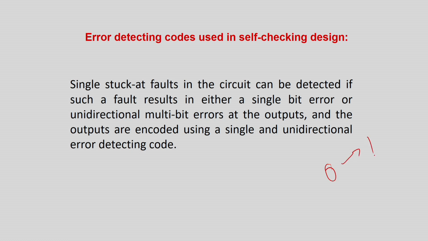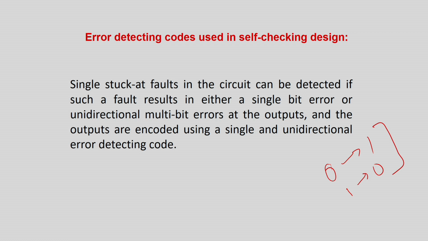But then we found out that parity is not a very good way of handling online testing, because parity only checks for a 1 bit error, or an odd number of errors in the output. The main problem is that if there is an even number of errors or bidirectional errors, where bidirectional means one line goes from 0 to 1 and another goes from 1 to 0, or if an even number of bits get changed, then parity cannot do anything.